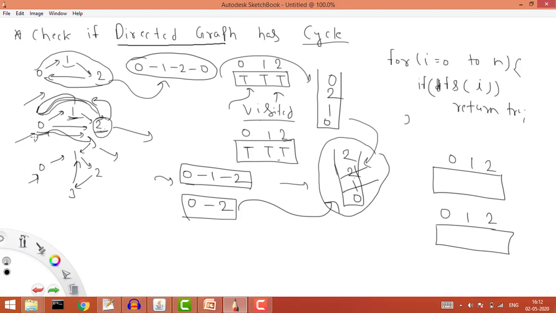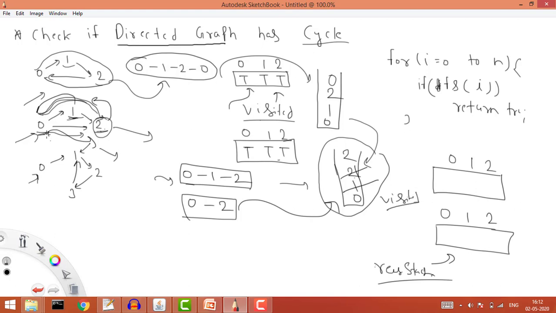So let's start from here. Now we are starting DFS from this point. Whenever we are putting any value, first of all we check whether this value already exists in the recursive stack, meaning this case. And how can we get that? We have the index, so we can directly check whether the value is true or false. At the starting, all the values are false here and all the values are false here. This is a representation of the recursive stack, and this is a representation of visited.